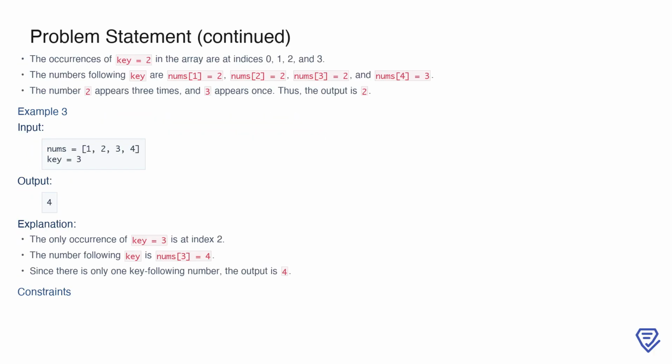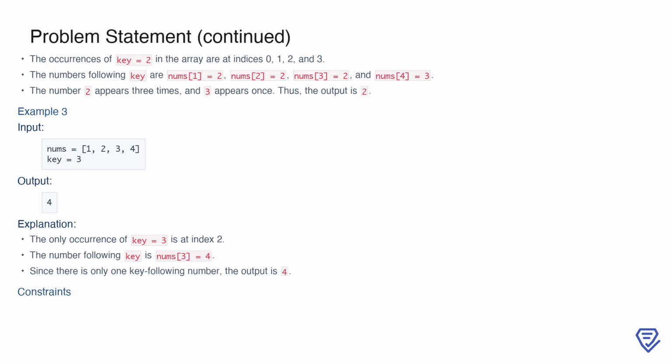Now, consider the second example where nums equals [2, 2, 2, 2, 3], and the key is 2. The key appears at indices 0, 1, 2, and 3. The numbers that immediately follow these indices are nums[1] equals 2, nums[2] equals 2, nums[3] equals 2, and nums[4] equals 3. Here, the number 2 appears 3 times as a key following number, while 3 appears only once. Since 2 is the most frequent, the output is 2. Notice how the frequency determines the result, and ties are resolved by selecting the smaller number, though that is not